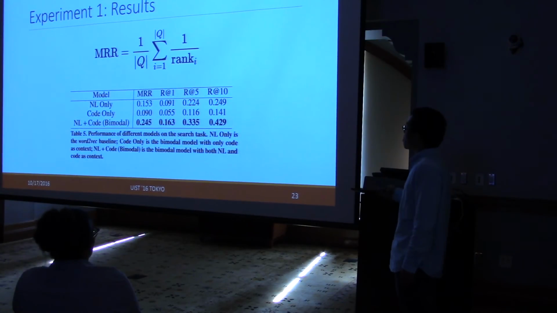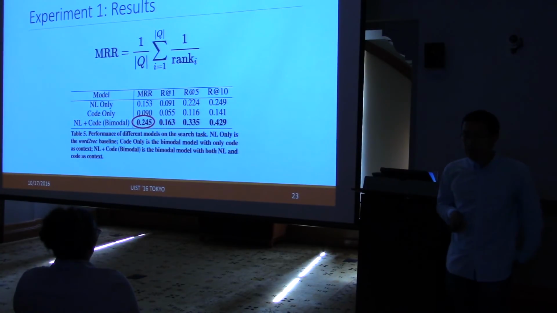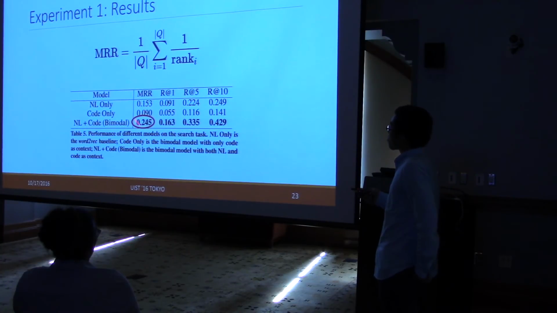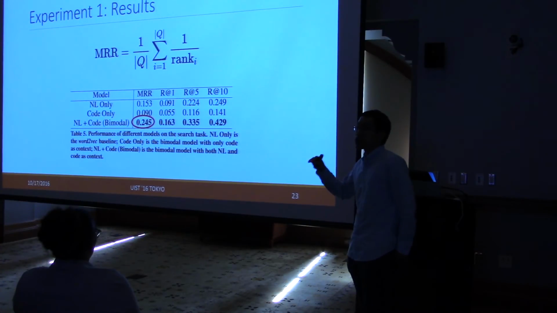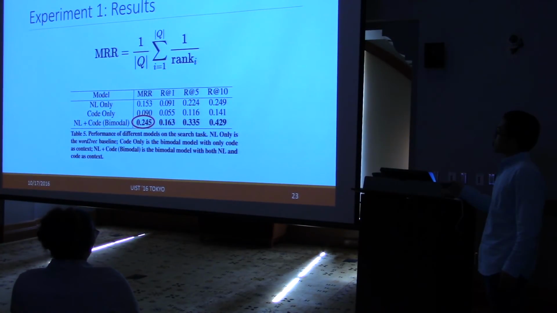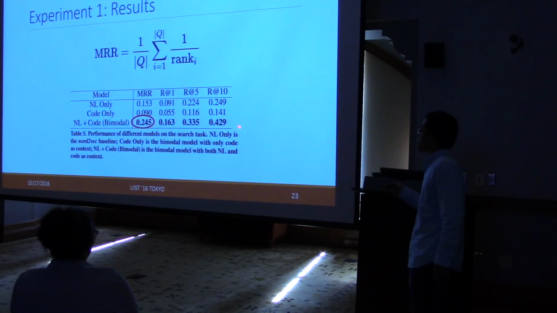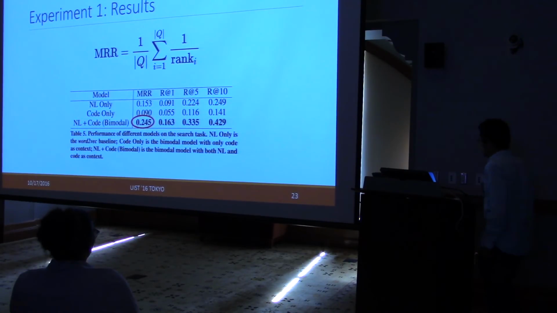So here's the result. Like I said, we are evaluating the rank. So we use a commonly used information retrieval ranking measurement, which is mean reciprocal rank. And what this means is that on average, the expected suggestion is ranked at the 4th place. So it's the inverse of this. So that's pretty good. And the other takeaways are that the best performance is achieved by combining natural language context and code context. If you take away code context, the performance drops. Or if you take away natural language context, the performance also drops. So that's the result of the first experiment.